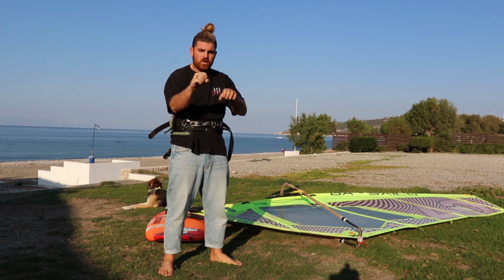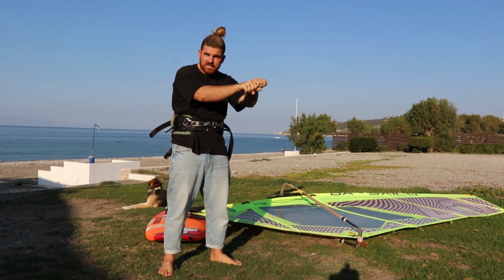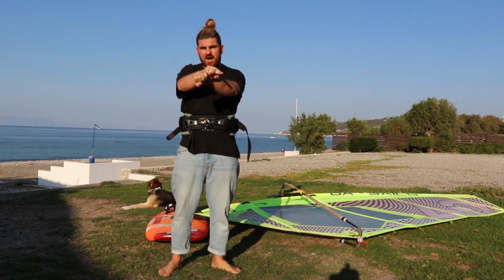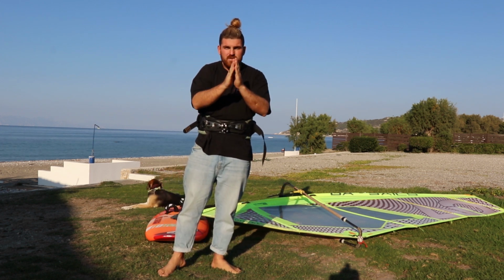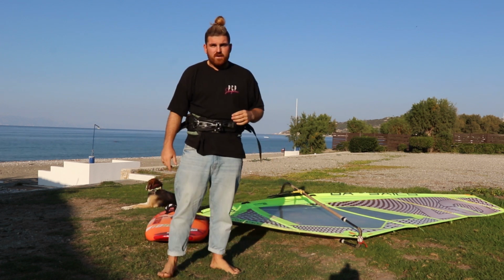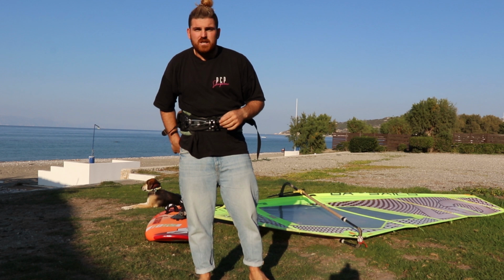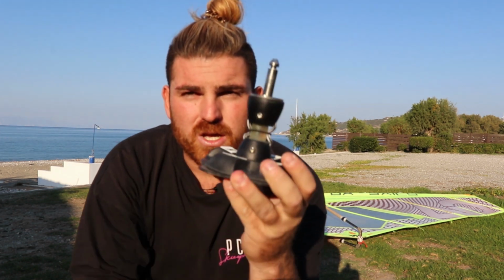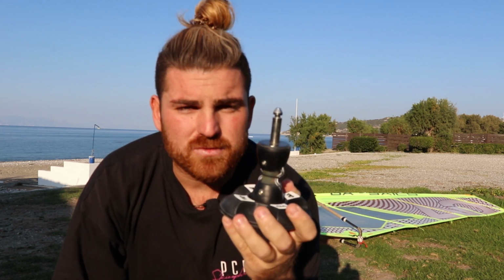For example, on my boom, I know it's exactly 6 hands, 6 fists down the boom from where my boom starts. So I'll measure 1, 2, 3, 4, 5, 6. My line starts right up here, and I have my lines joined together, not spread out. We'll talk about that in a minute. The only thing you have to keep in mind if you're doing it this way is that the mast will increase the height